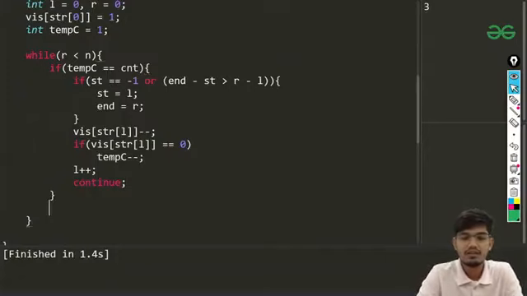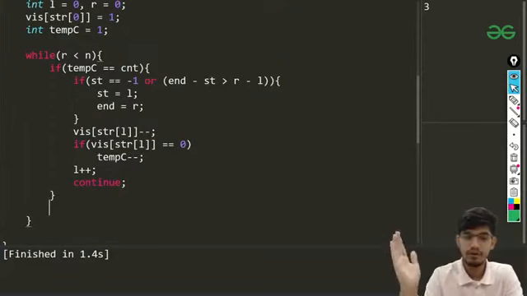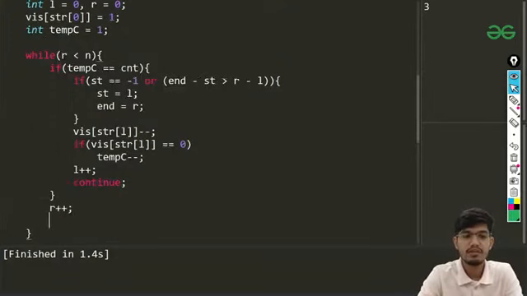Now in the second thing, if it is not equals to temporary count, which means I continue to increase my right pointer, so I'll be doing that r plus plus, and I'll be incrementing the frequencies for that.